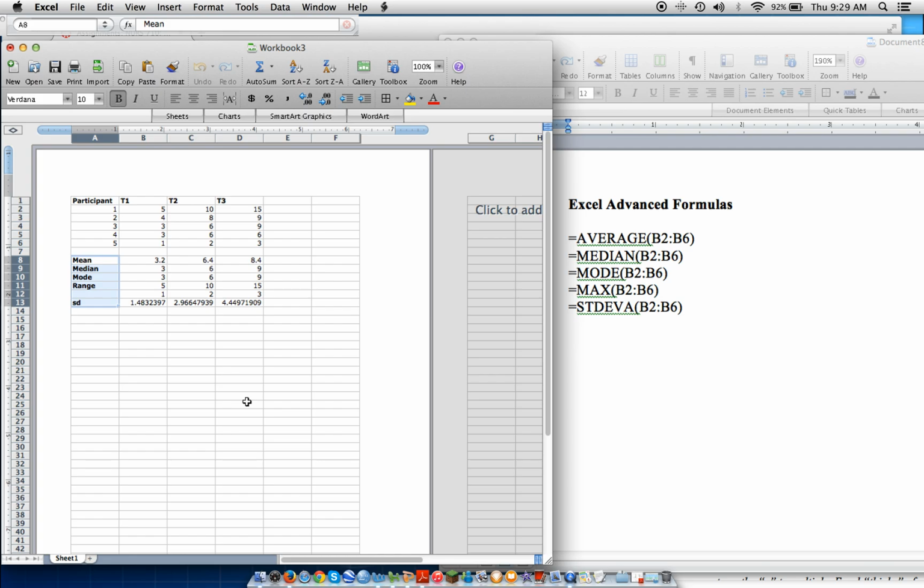5 participants labeled over here, participant 1, 2, 3, 4, and 5. And we have 3 time periods, whatever they are. I just labeled them T1, T2, and T3, during which we're going to weigh them to see how many pounds they've lost. And I'm just throwing some numbers up here at random to try to give us something